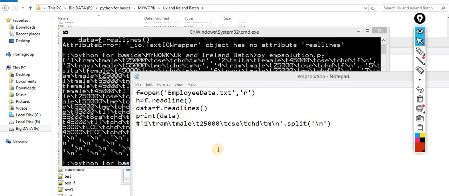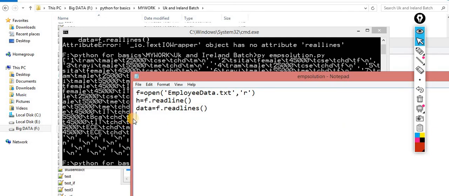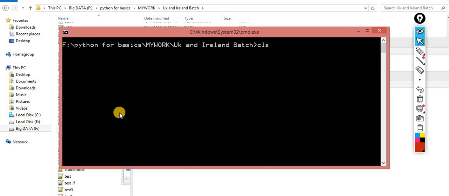Now I explain it conceptually, now logically. For i in data, now what I am printing is i.split via \n and index of 0. Let me make it xx equal to this one, and I am printing xx. Now it will make more sense, you will get the clarity of the picture.